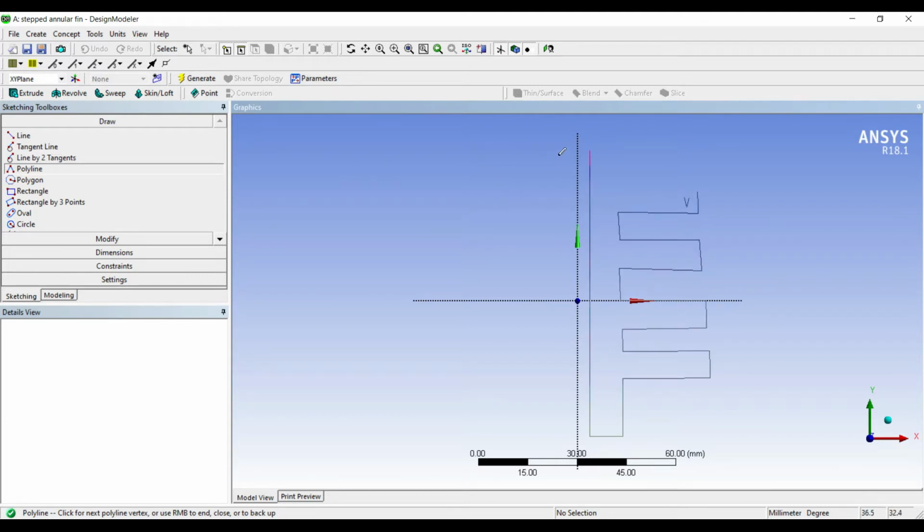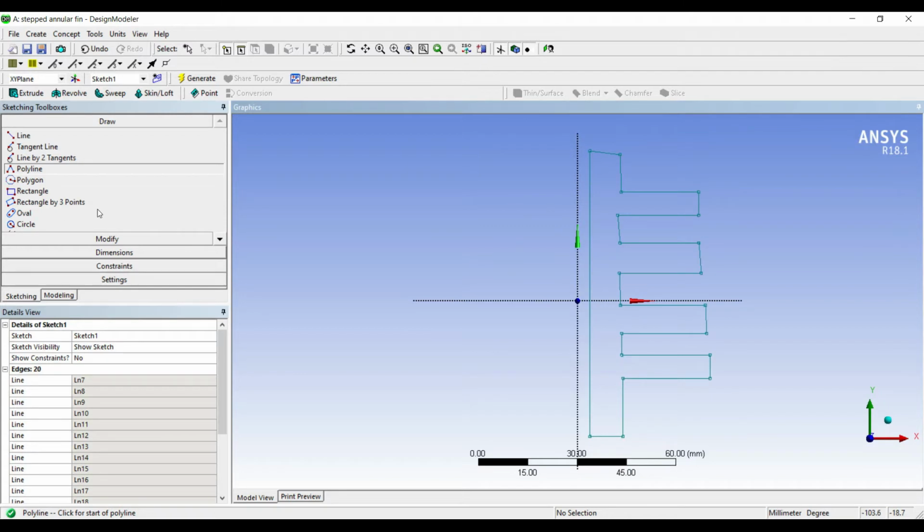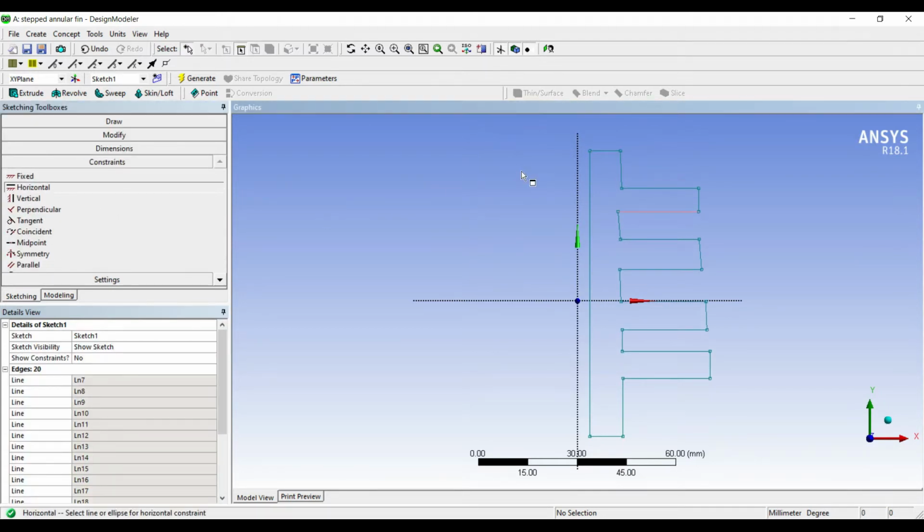I'm just drawing random lines because I know I'm going to use constraints and then I'll make it proper. Right click, closed end. I'll go to constraints first and I'll choose horizontal, and whichever line is not straight I'll just make it horizontal. All are proper. I'll go to vertical.